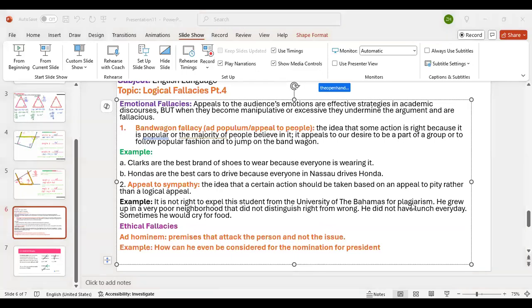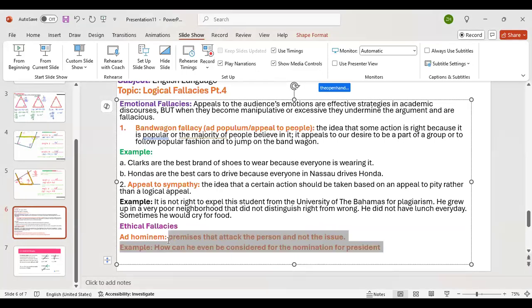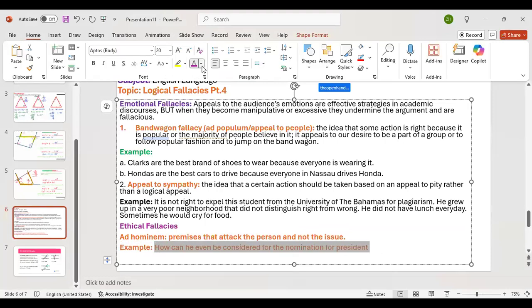That's about Donald Trump, right? No, not Donald Trump. No, definitely not Donald Trump. The only Donald I know is Donald Duck. Real Donald Duck. How can he even be considered for the nomination for president